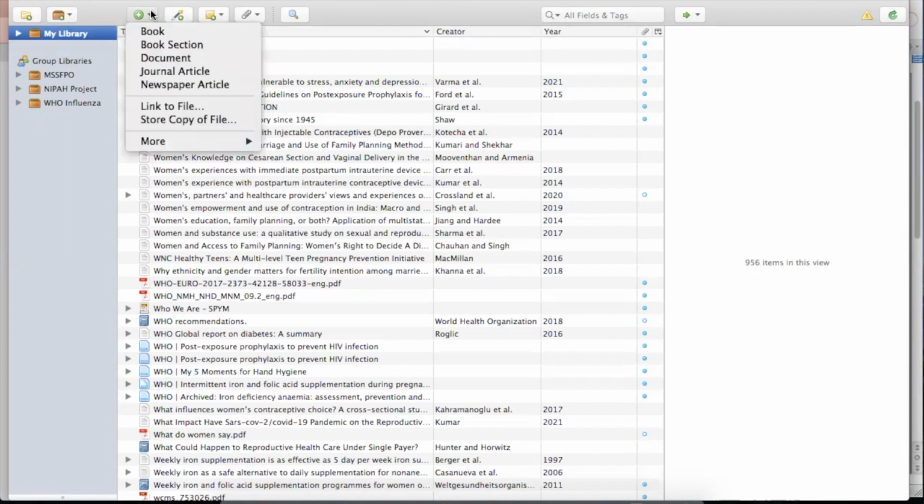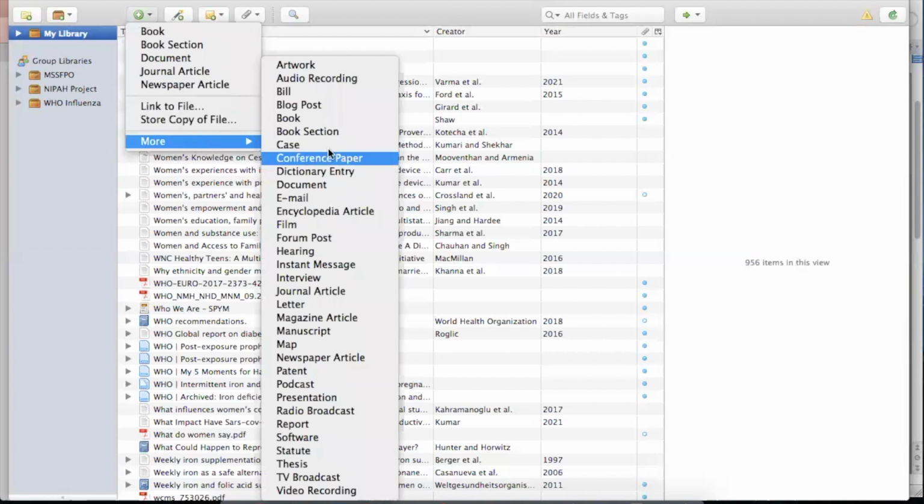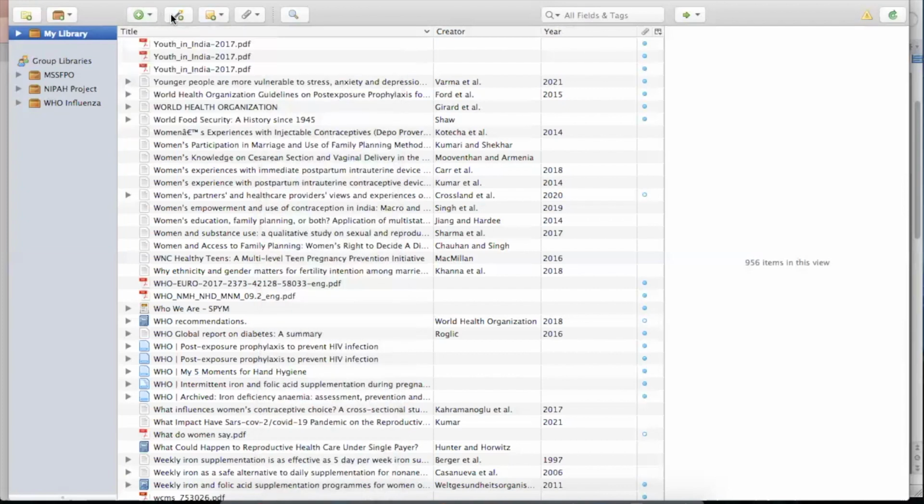Then this is if you manually want to create any book or book section, journal article, anything else, or all these things which are mentioned here, you can just click on it and you can create this manually. Then this icon here is if you want to add any article, if you have their ISBNs or DOIs or PMID numbers, then you can directly copy the number here, and the article will be added, and all the information related to that article will be added here.